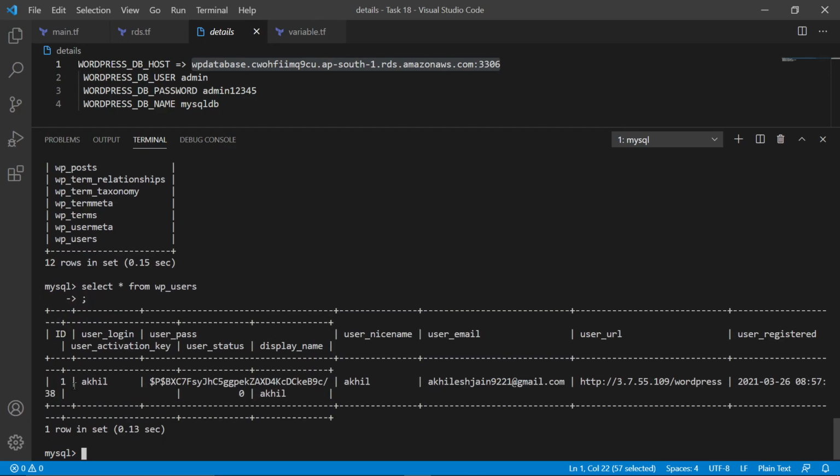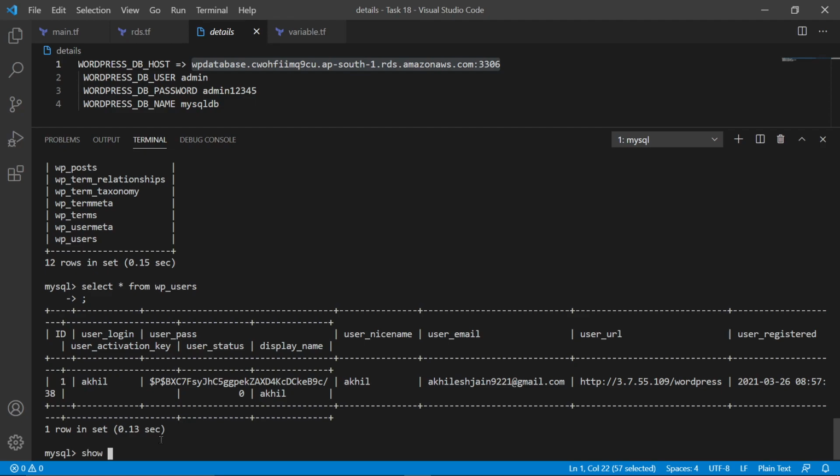So this is the user created, Akhil, with some key, and this was the email ID I have given from this IP. This is the time, 8:57:38, user registered. So user password was this one, Akhil password.